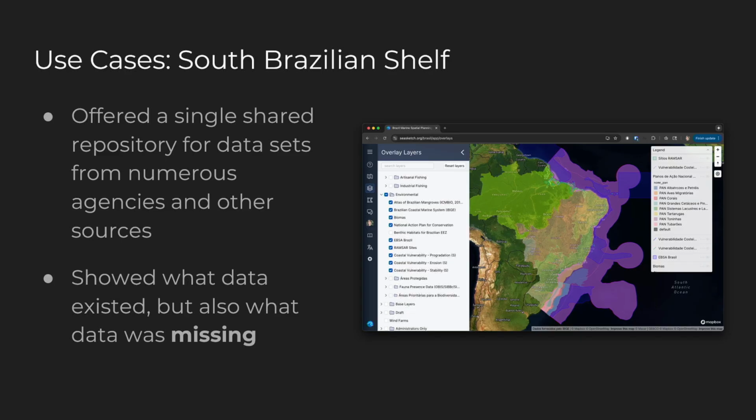And so seeing these data gaps actually spurred them to push to conduct an ocean use survey